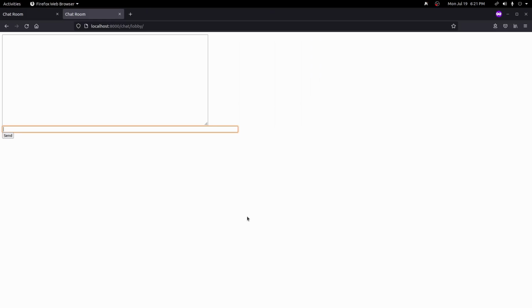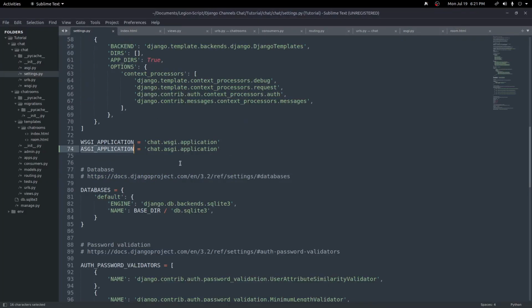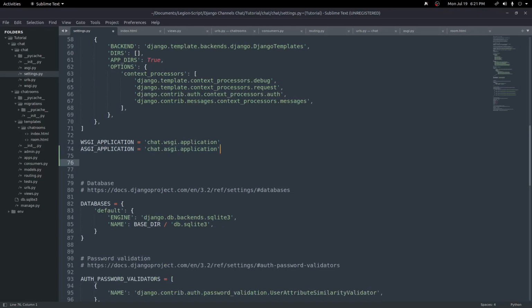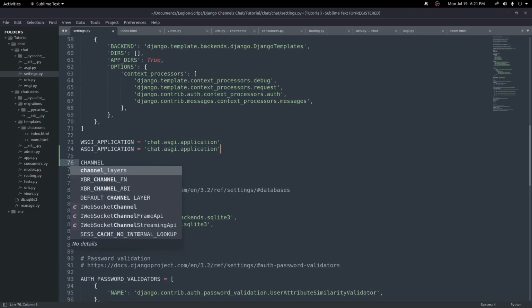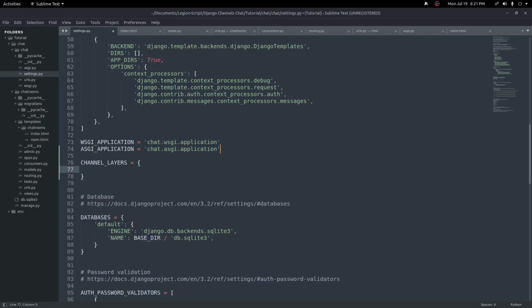Now that you have Redis installed and you have the channels_redis package installed, we can go ahead and set up channel layers. So just jump back into our code here and let's go to our settings.py file. Below this ASGI line here, I'm gonna go ahead and add some configuration for channel layers. And this can be set up by typing in CHANNEL_LAYERS equals, and we'll pass in an object. Inside this object, we'll pass in default, and we'll set this to